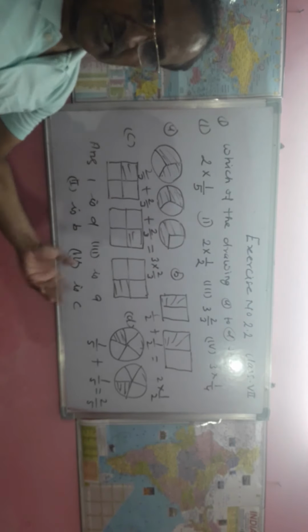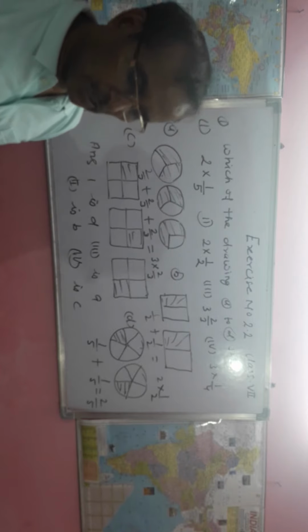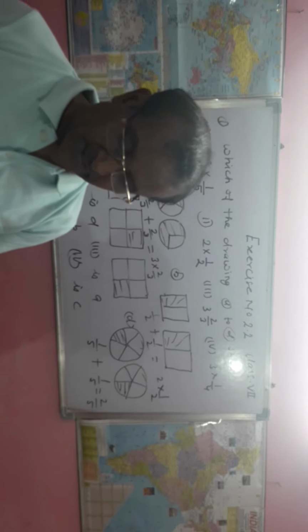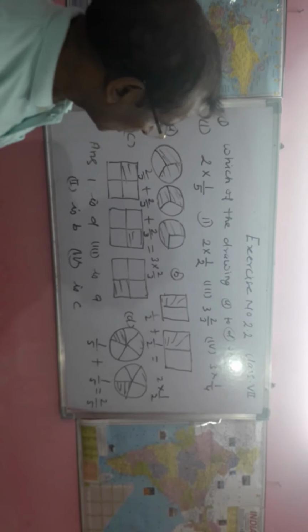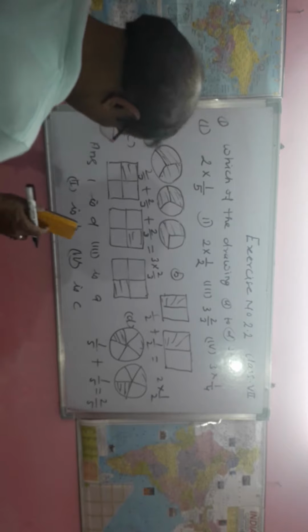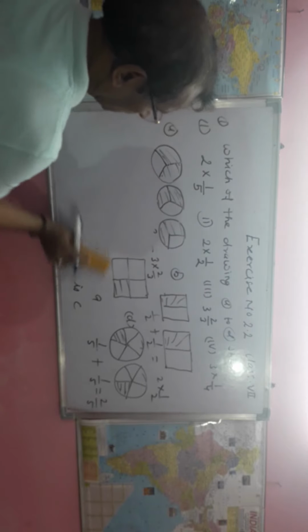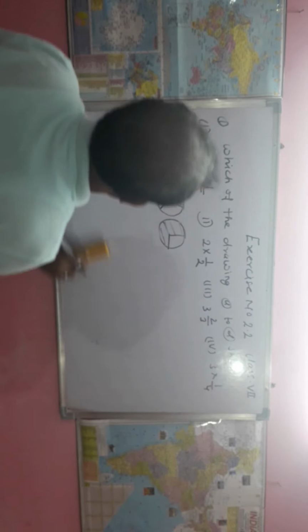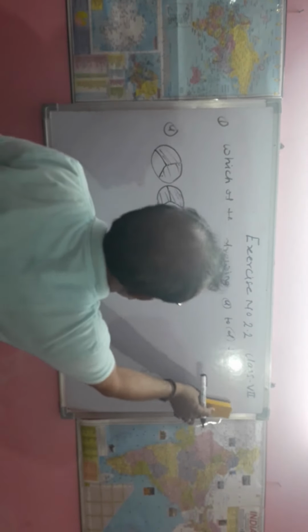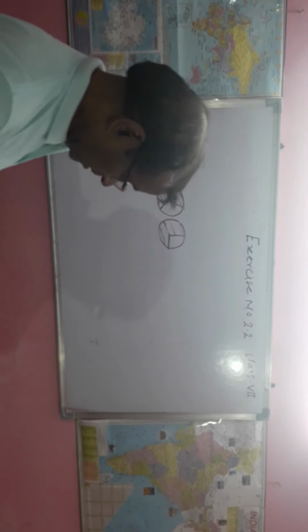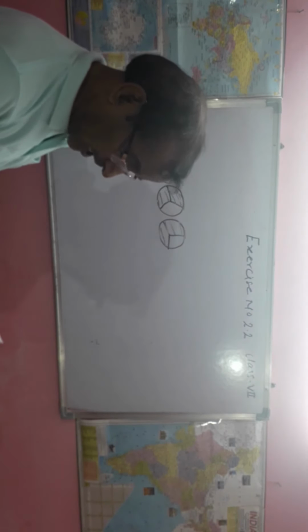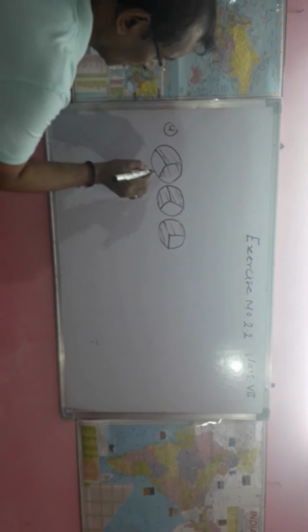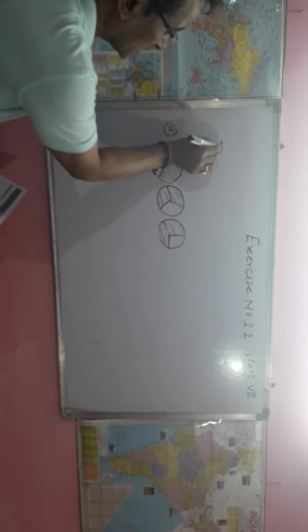Students, we can solve such types of questions very easily. And you can observe the second question is like this. In the second question, I want to tell you only the first part; the other parts you will do yourself. Second question is this. Some pictures A to C are given. Tell which of them show the following.